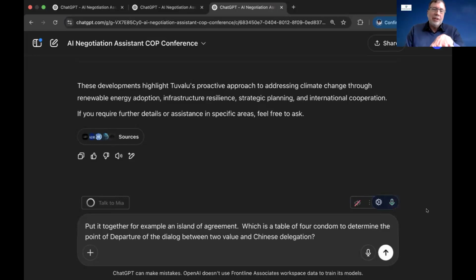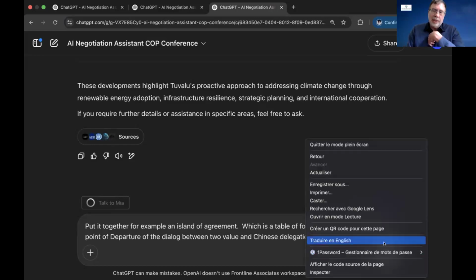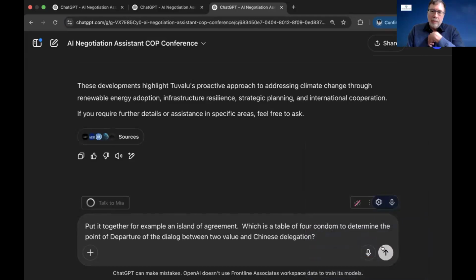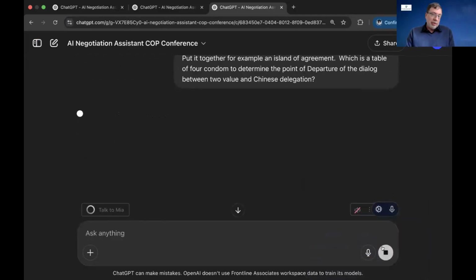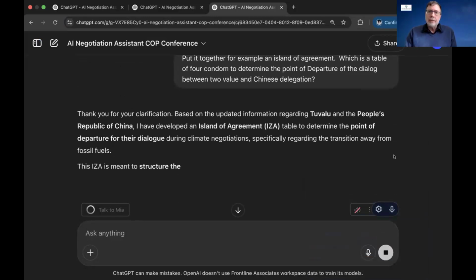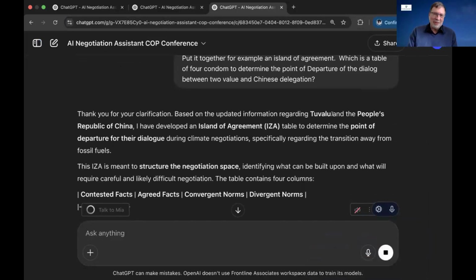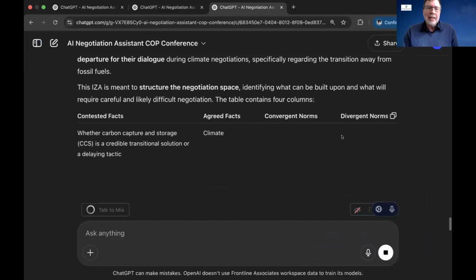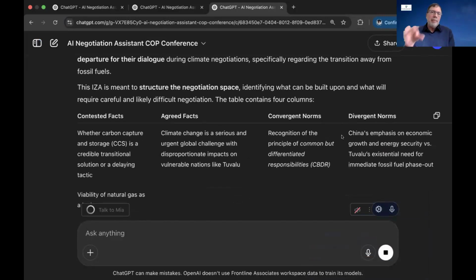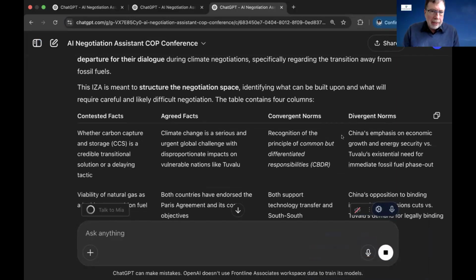Now, you note it reads 2 values, but actually it doesn't care. You'll see the model recognize that actually I meant Tuvalu as a country. Okay, so then it says the Tuvalu, fortunately, it recognized it. And then it will simply build a table in a pre-coded template that you have